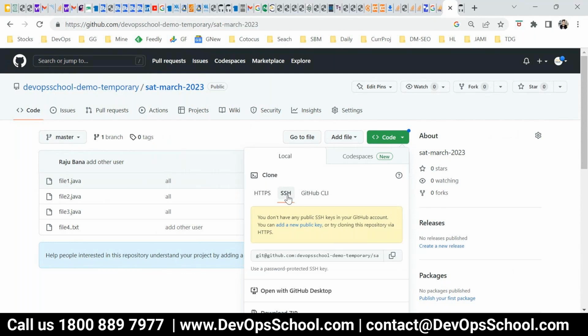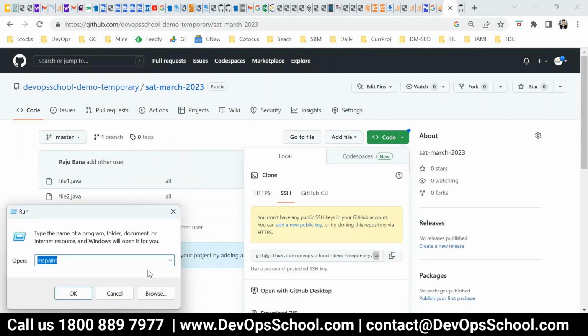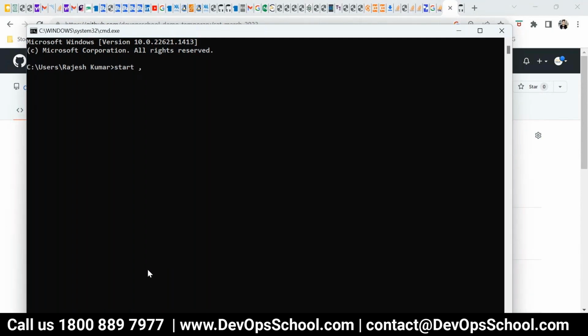For SSH, the URL will change. This is the username, git, this is the pattern, and this is the repo name, path, and all. So how do you do that? For SSH, you don't need a password, but you need keys. So you have to generate a key. Let me show you. You first go and check. Don't do it blindly. Few people did that in the past blindly, and they destroyed their office setup. Office setup means sometimes you need to have some keys for your office production setup.